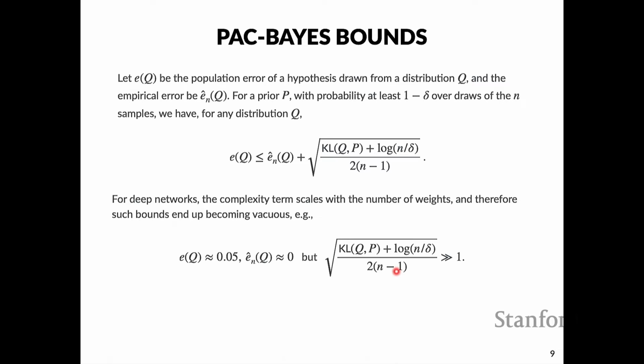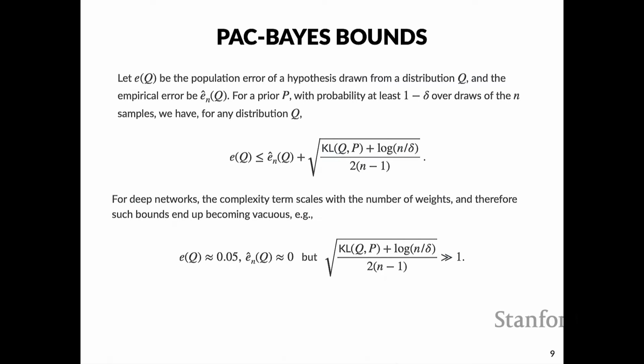But the complexity term is much larger than 1. It will usually be about 100 even for MNIST. And so you don't really need a theory or certainly a theorem to say that the probability of making a mistake is less than 100. It's obvious, right? And so this is why people have been very anxious about this, and they call such bounds vacuous. They're vacuous not because we did anything wrong while deriving this inequality,